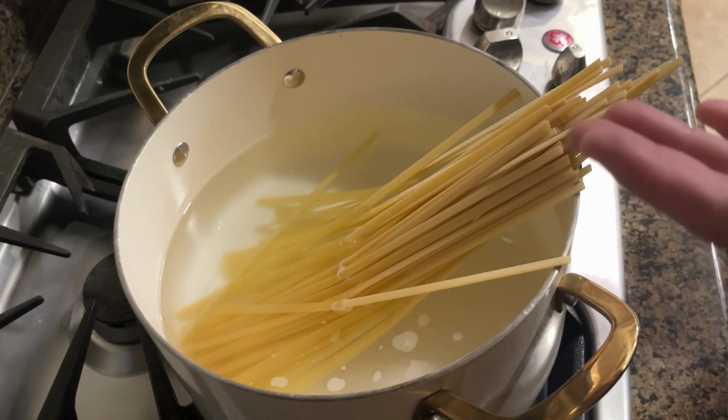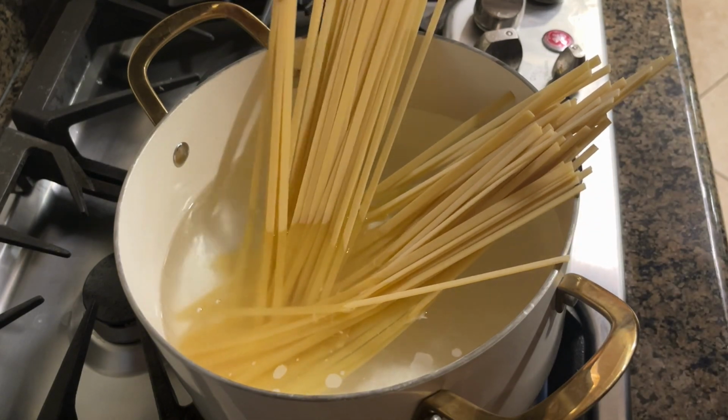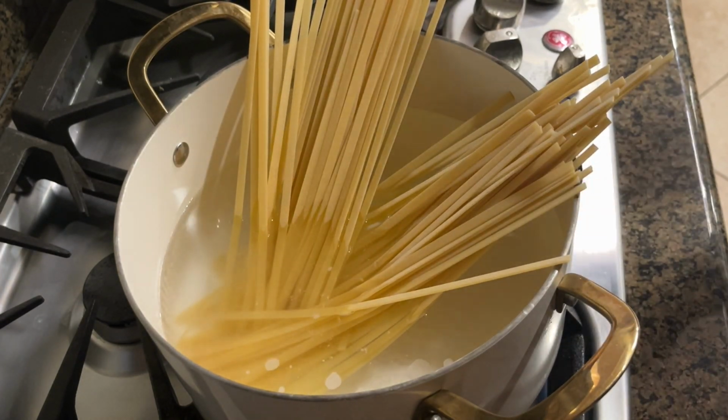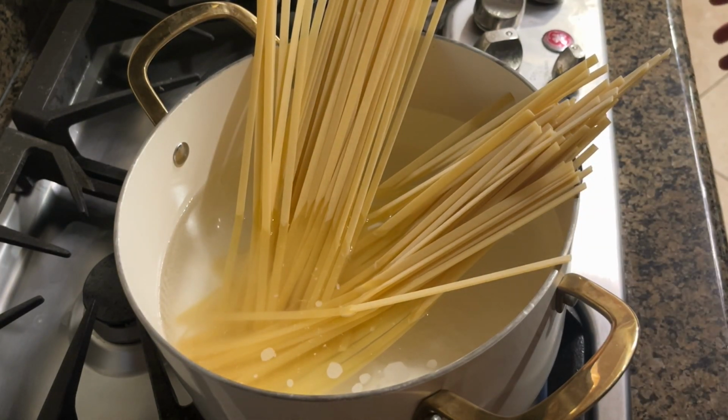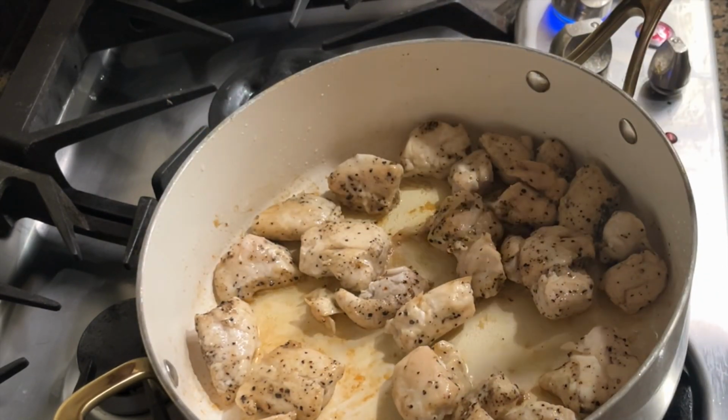Now you probably can't tell, but the water is boiling. I added some pasta in. I'm going to add a little bit more. As the pasta gets cooked, it actually falls in the water and gets ready. Our recipe, we're not going to make the sauce separately. We're just going to make the sauce in this frying pan, which has high sides, so that the sauce stays